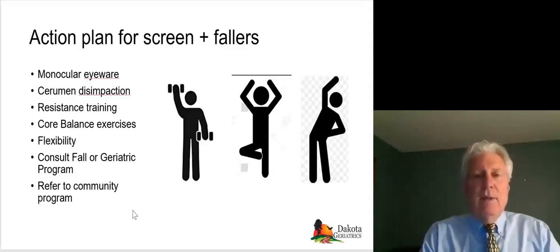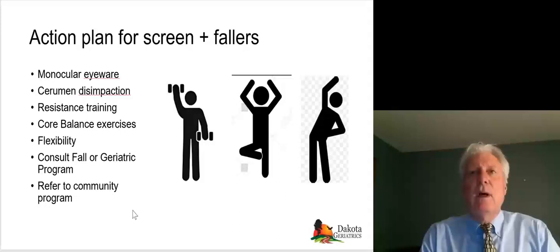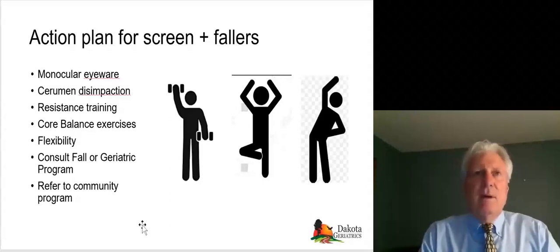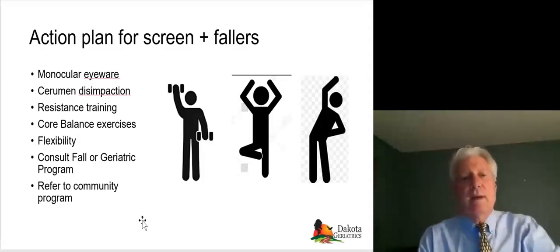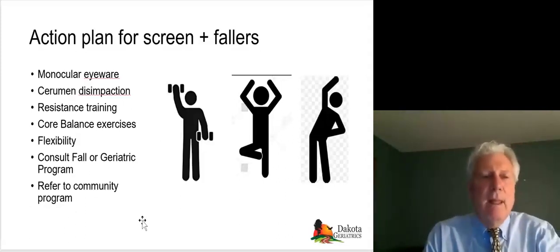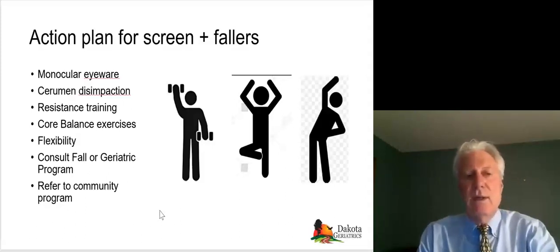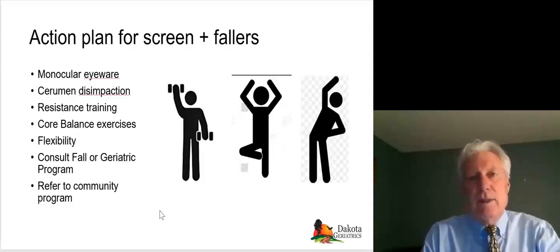Flexibility is important, and it's not necessarily proven to reduce falls when you increase flexibility, but it is an important component. One way to promote flexibility of the hip is to have the person place one foot further out from the other foot, and then with the opposite arm bring it up over their head, and that'll help with back stretching. Ultimately, if you are able to refer the patient to a geriatrics program or a fall prevention program,